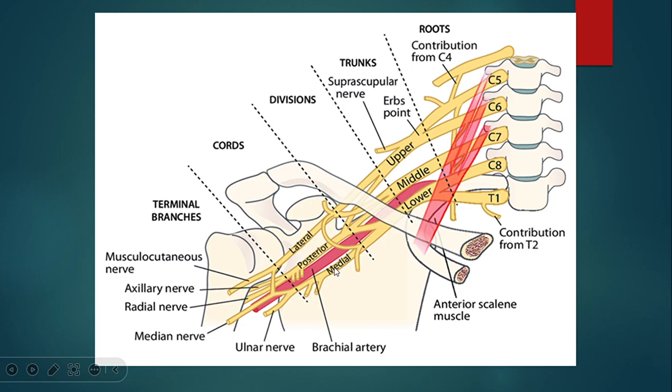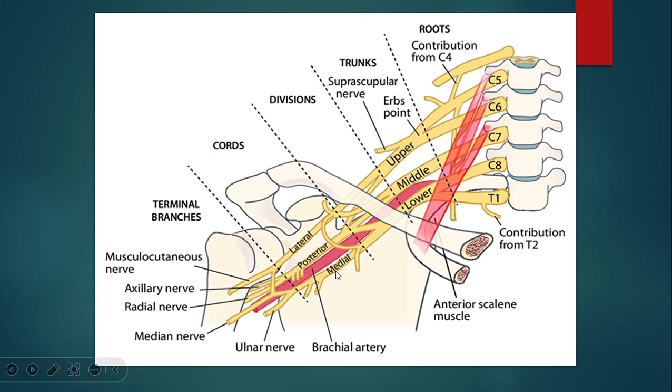Then the medial chord is what branches off to most of the nerves. And we can remember this by using the 4 M's and 1 U. So the 4 M's mean you have the medial cutaneous of the arm and the medial cutaneous of the forearm. Then you also have, since remember that the median nerve does not only come from the lateral chord but also from the medial chord, it means this can also be the medial root of the median nerve. And then